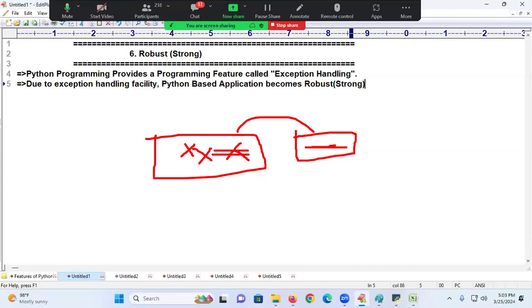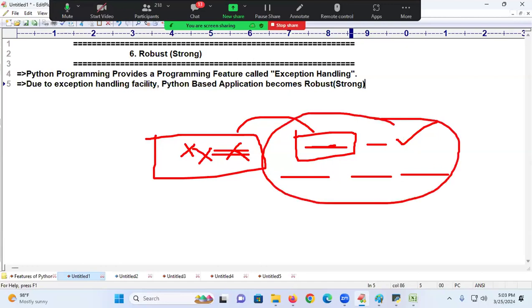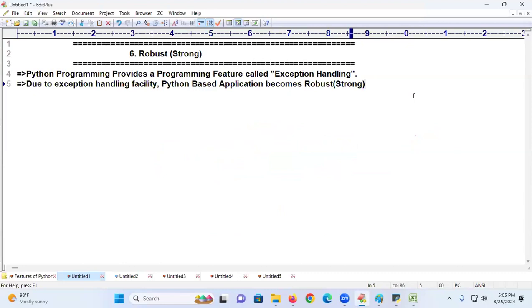Here I kept something wrong. You are getting, okay, inserted properly. Next step, it is asking to enter the pin. Now in a hurry, you entered the pin wrong. And it is saying your pin is invalid, try again. You verified your pin and you are entering correctly. And you felt, about the software development, a positive approach or negative approach? So next time when you come to this ATM center, you will go to this place or the second ATM. That means when you make any mistake, the software has to say about your mistakes. My dear students, due to exception handling facility, Python based applications become robust.